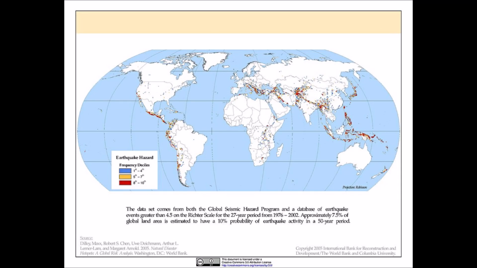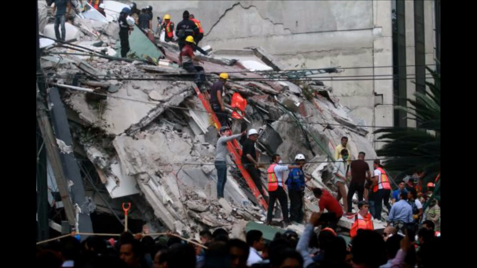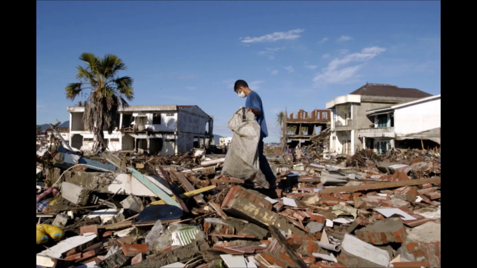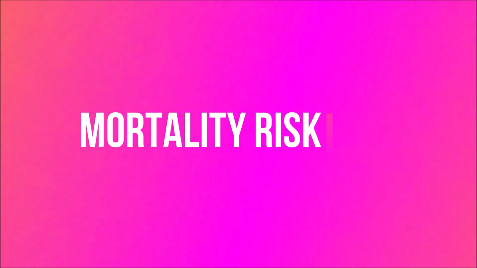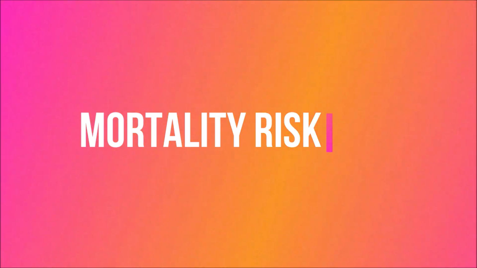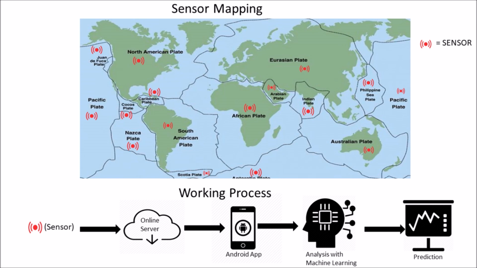According to NASA's Socio-Economic Data and Applications Center, lots of developing countries are in danger of earthquakes. If any earthquake happens there, a lot of people will die and lose a lot of resources. But by using our devices, we can reduce mortality risk and losses of living things and human resources. EQ Saver creates a positive environment for living things and human resources, and it combines NASA's data with our data. We can make predictions way better.